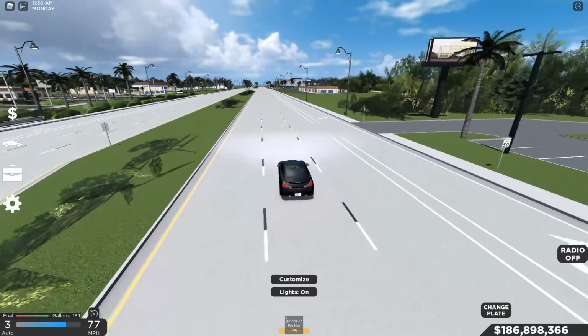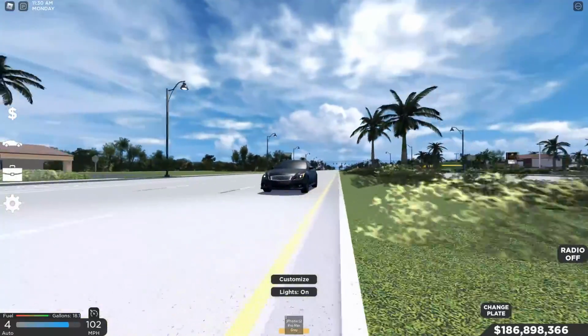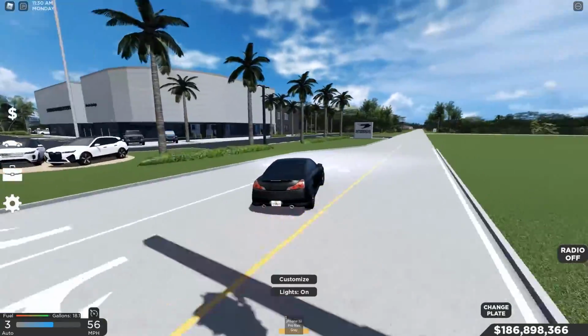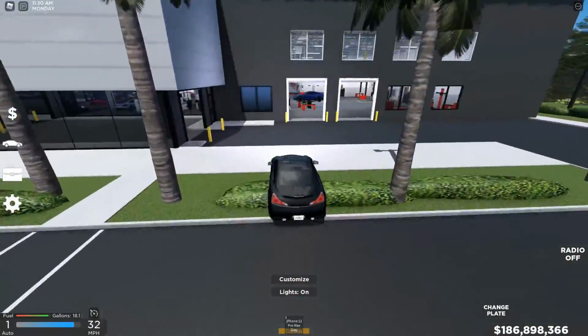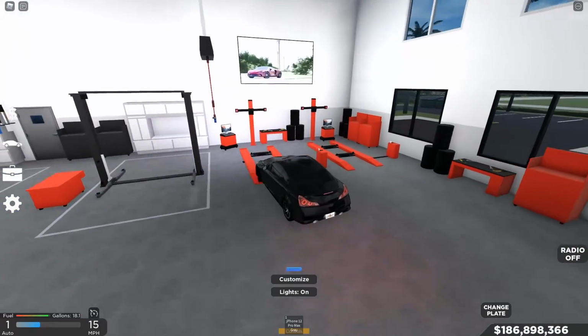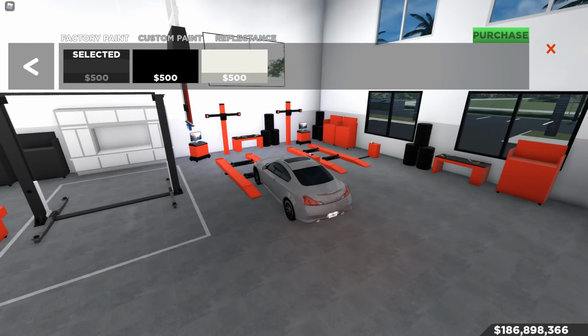So this car overall turns very nicely. It's a very good car. I do like it when it comes to its turning. But yeah, why don't we get into the dealership now, and let's upgrade this car. I don't know why I decided to sound Russian when I said that, but hey, maybe this is like a Russian type car. But yeah, why don't we get over here, go to the paint, and let's check out its